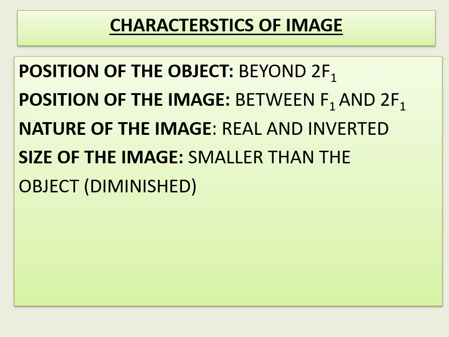This is the characteristic related to a simple camera lens, in which it produces a small, real and inverted image of an object on the film. So a simple camera will have a convex lens in it. The object to be photographed is at a distance of more than twice the focal length of the convex lens. And the convex lens here forms a real, inverted and small image, nothing but a diminished image, of the object on the film.